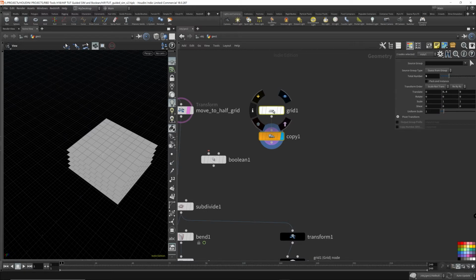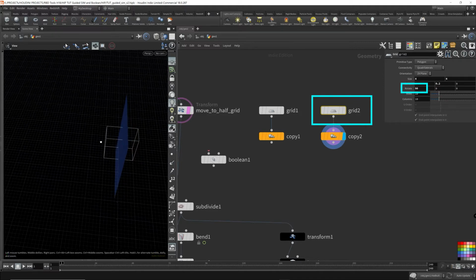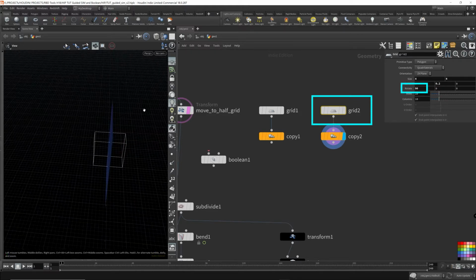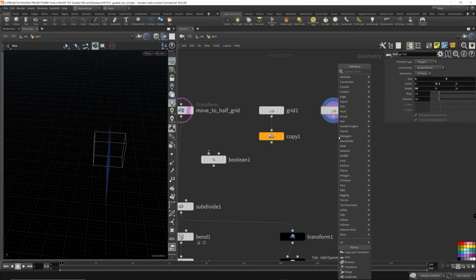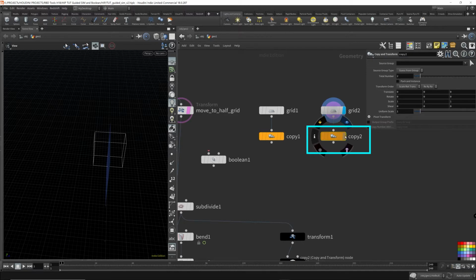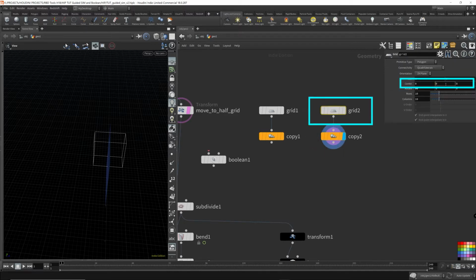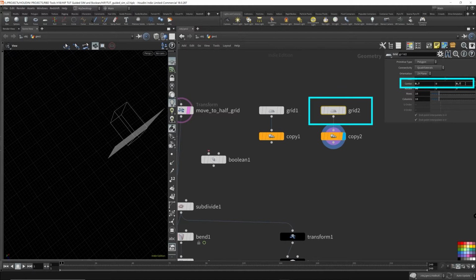I'm going to do this again, so maybe I need a new copy and transform. Just over here, maybe too far.